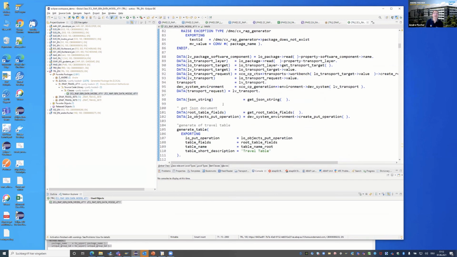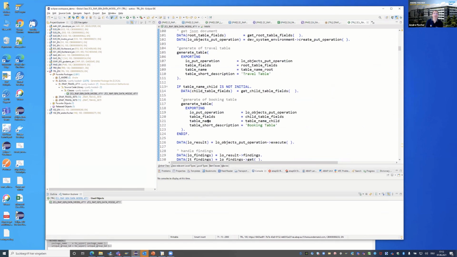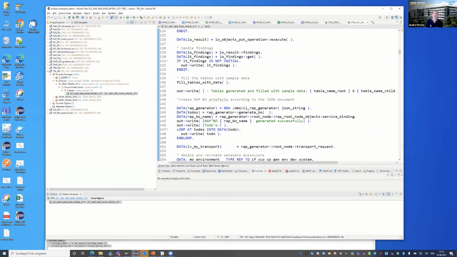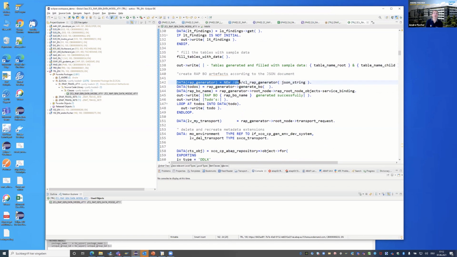Okay, now it's active. What it basically does is generate the tables, and it then makes the call of my RUB generator. So it gets the data from this JSON file, and then everything runs. So I press F9 now, and this will take about 1.5 minutes. And as a result, we will find a completely built RUB BO in our package, hopefully.